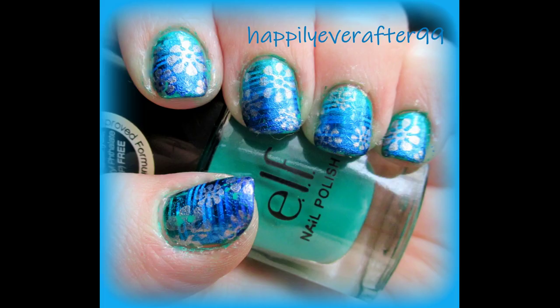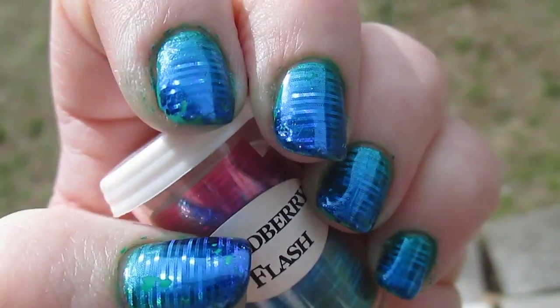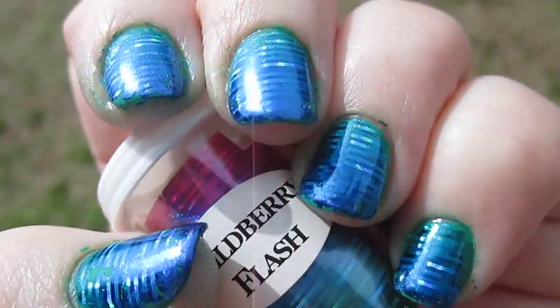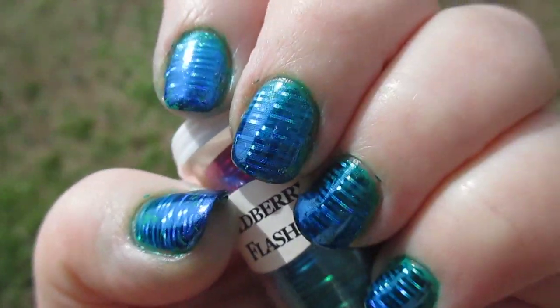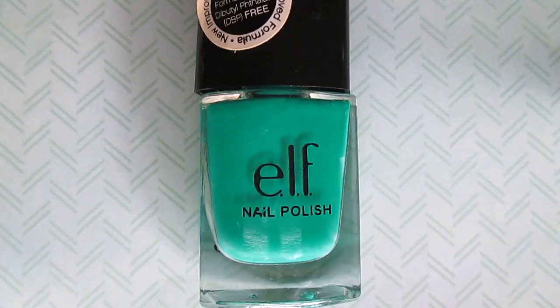Today I thought that we would do a different kind of nail tutorial. This is more of the creation process, doing my regular nails, and I just thought that I would record it. So I thought we'd play with some foils, and then at the end I just jumped in and started using